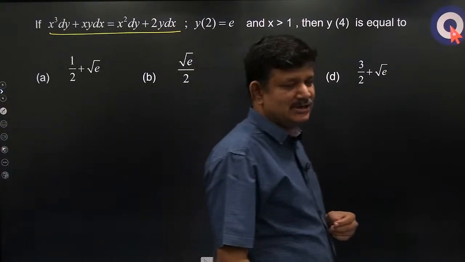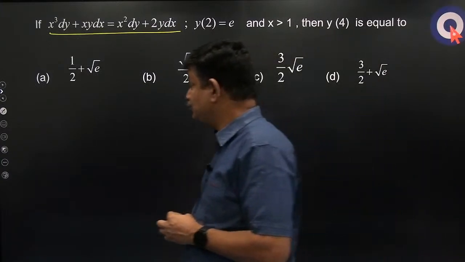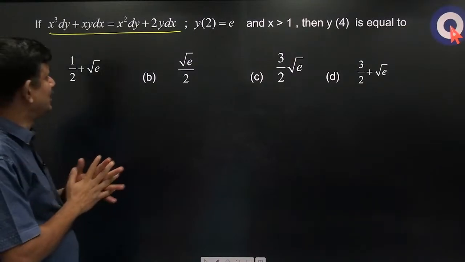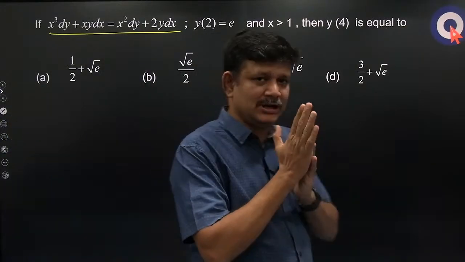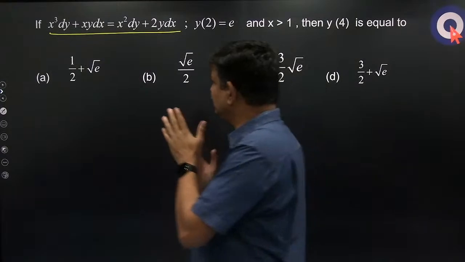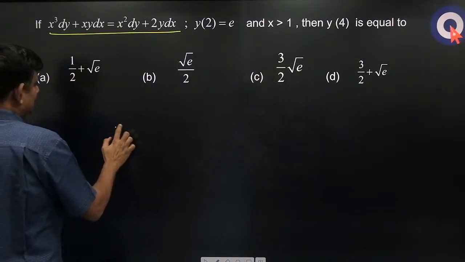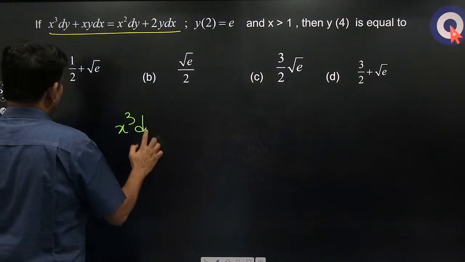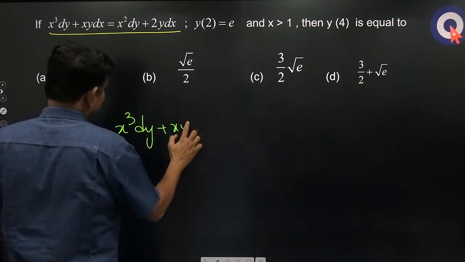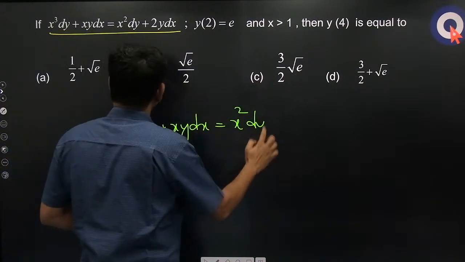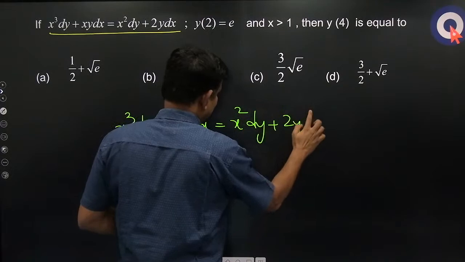This is your differential equation. ठीक है, अब इसको सॉल्व करना है। कैसे सॉल्व करें? x टर्म्स को एक साथ लेके आना है, y टर्म्स को एक साथ लेके आना है। तो dx x क्यूब dy प्लस xy dx is equal to x square dy plus 2y dx।